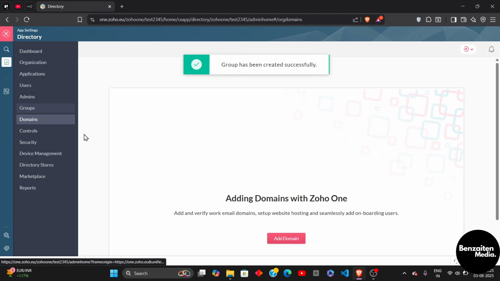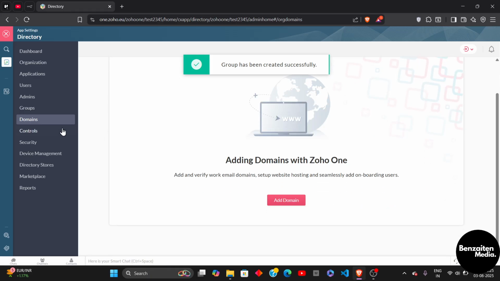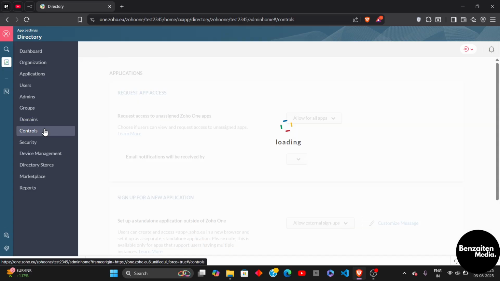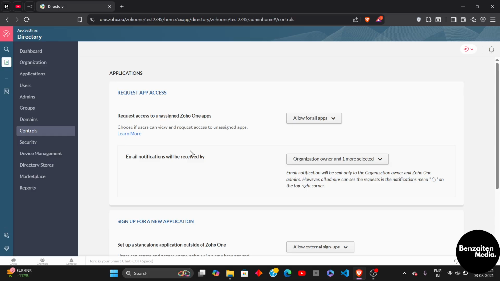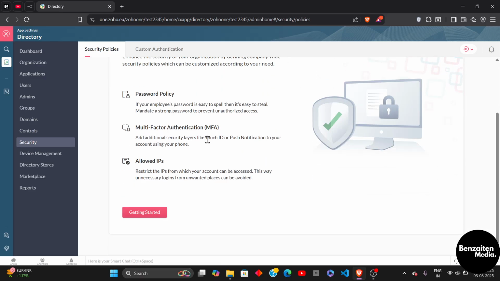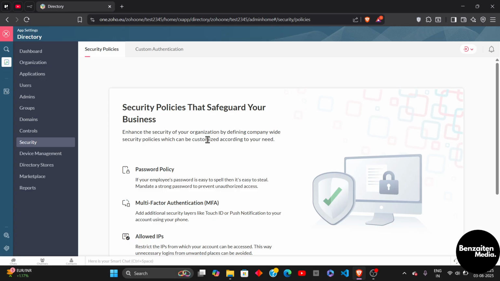And after that, when you click on domains here, you can add these domains with Zoho One. Yes guys, you can also add your custom domain with Zoho One. And when you click on controls here, you can see all the app access controls of sign up for the new application control. And when you click on security here, you will see all the securities that safeguard your business,